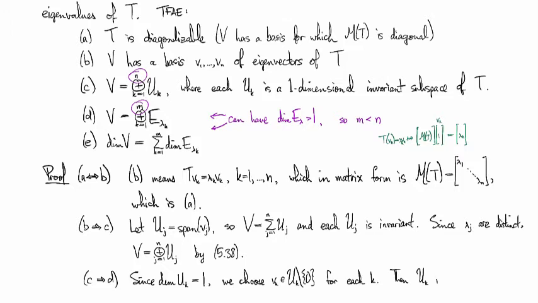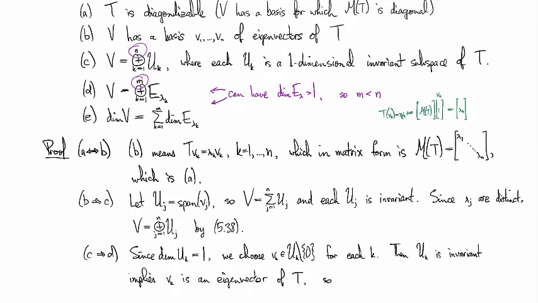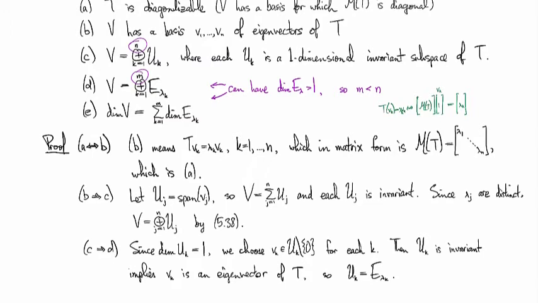Then the fact that UK is invariant implies that VK is an eigenvector. So UK